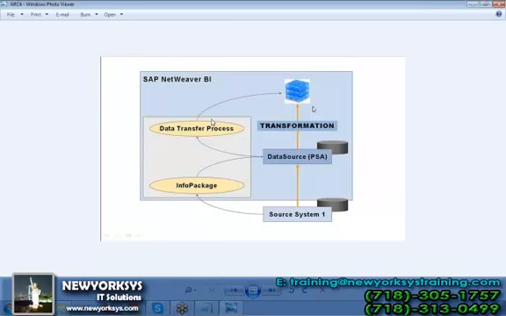So the task of DTP and info package is same. But why are there two names? The DTP and info package. See, the task of info package is to load data from source system to data source. And the task of DTP is to load data from data source to target. Let's say in layman terms, not in SAP terms, when I am loading data from data source to target,